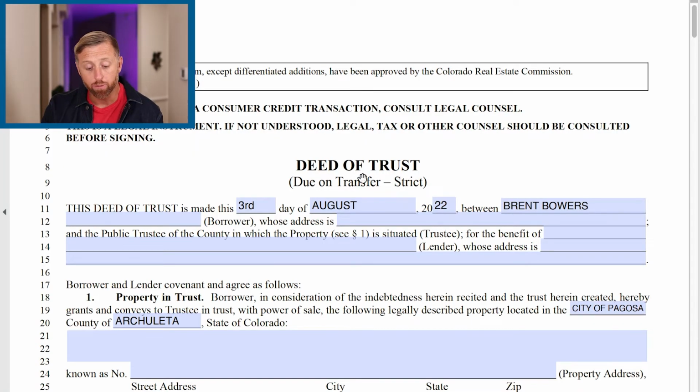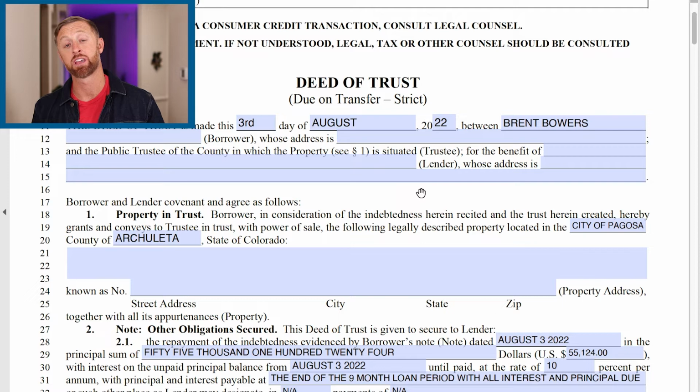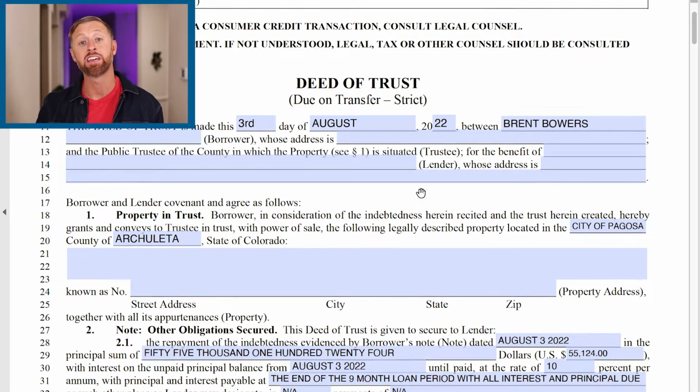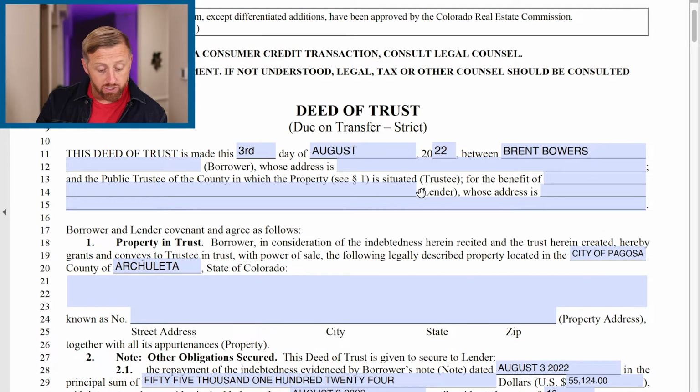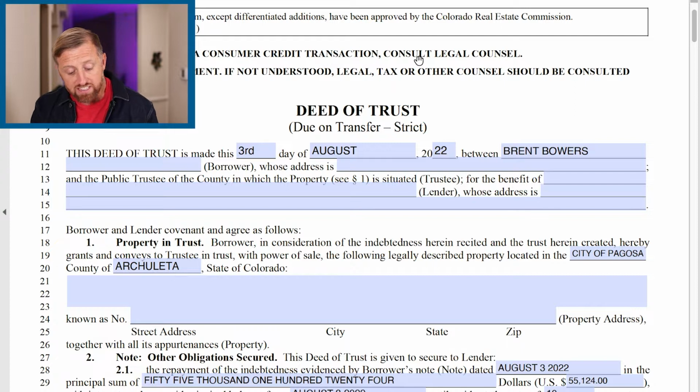So here's an example of a deed of trust. I have filled out this multiple times, and a deed of trust is basically to protect my lender. So this form is used in a consumer credit transaction. Consult legal counsel, if this legal instrument is not understood. Legal, tax or other counsel should be consulted before signing. Due on transfer strict. So basically, this deed of trust is made, let's just say, the 3rd day of August